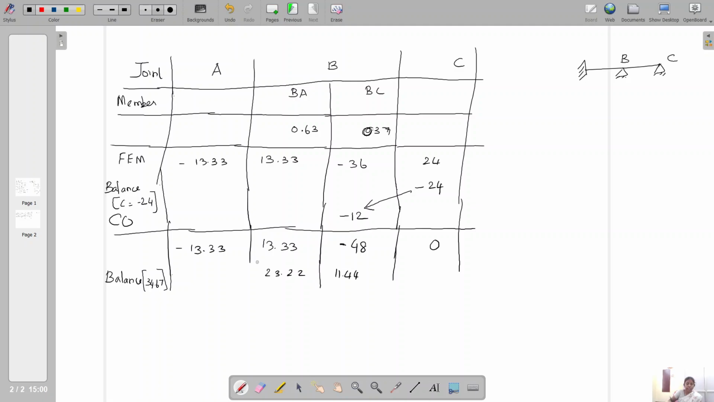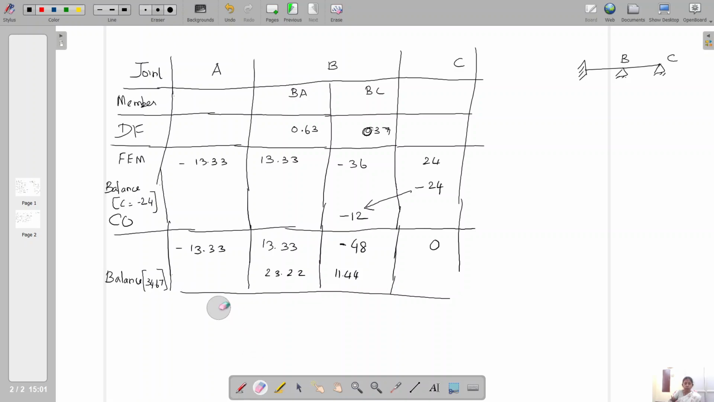So we calculated the unbalanced moment 34.67 by adding 13.33 minus 48 at joint B and consider the opposite sign. We get minus 34.67 here. So consider the positive sign 34.67 and multiply with this distribution factor 0.63 and put the value here, and multiply 34.67 with 0.37, put the value below. Now you add this at this stage. You can add every